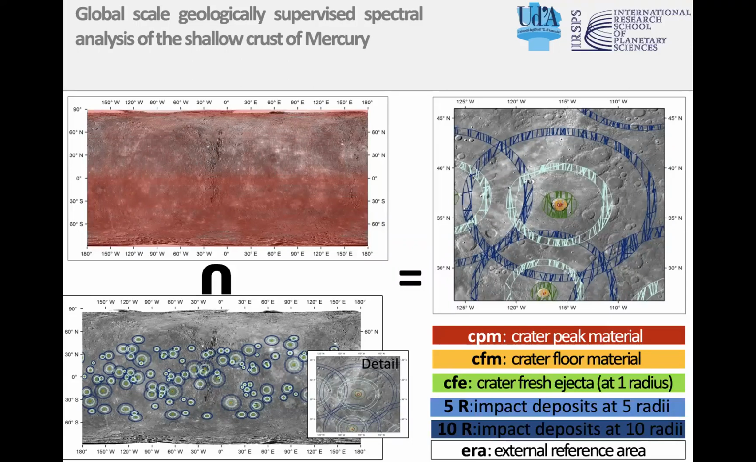So I defined basically, for each of those 121 fresh impact craters, a number of impact units. We see in red the central peak material, and in orange the crater floor material, and then so on: crater fresh ejecta at 1 radius distance from the rim of each crater, and then other 2 annuli at 5 and 10 radii distance from the rim of each crater respectively. This was made